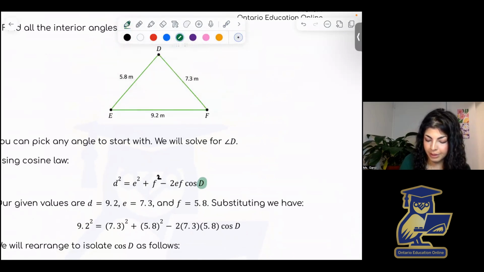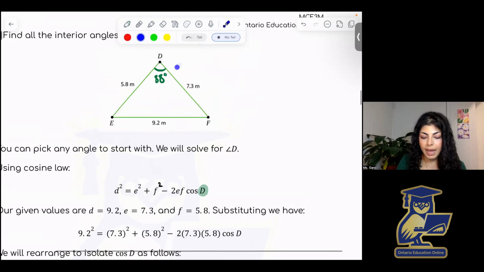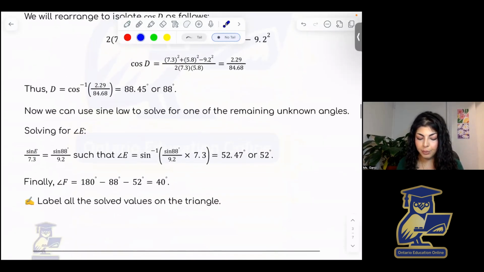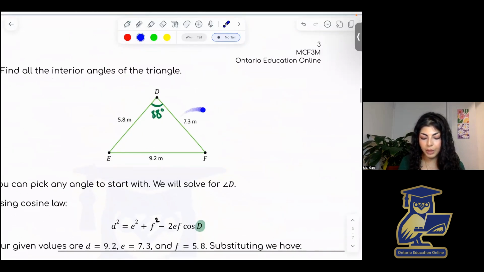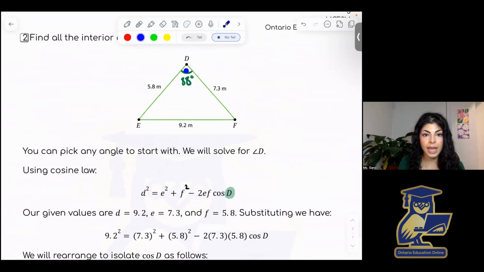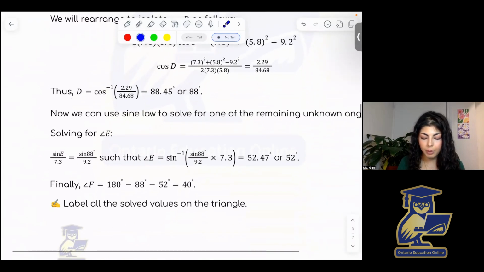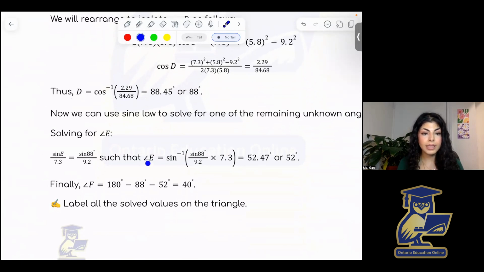I'm going to go back to my green. This is 88 degrees. Now I have an angle and its opposite side length, so I can use sine law here. You can use cosine law again, but just to show you a variety, I will be using sine law to solve for angle E. So the ratio of the sine of angle E to its opposite side length, which is 7.3, is equal to the sine of 88 degrees here and its opposite side length, 9.2. And we get that angle E is equal to the sine inverse of this term multiplied by 7.3,